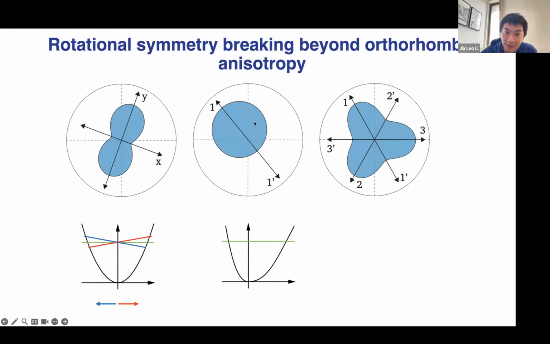But in the second case, if you do the line cut along the mirror axis, the dispersion should be highly asymmetric, and as a consequence, the transport response should be non-reciprocal, right? So we should be able to detect this kind of unique angular rotational symmetry breaking, and